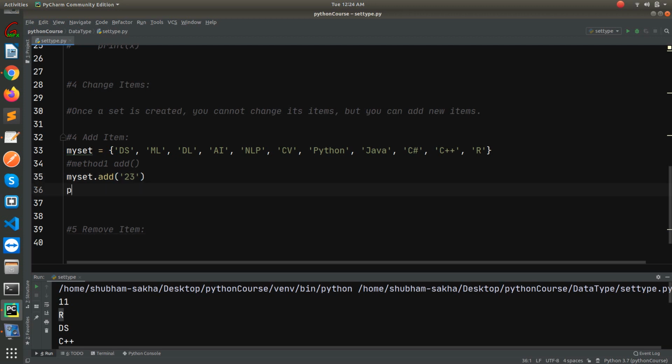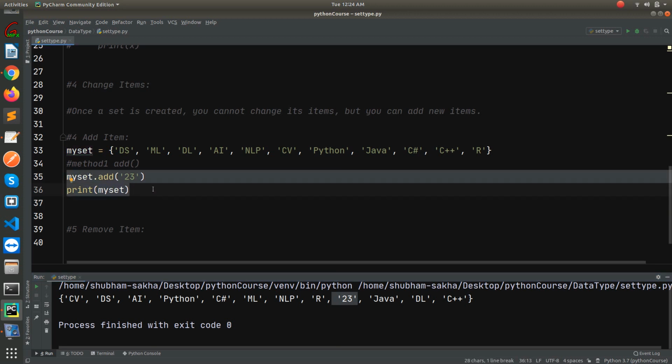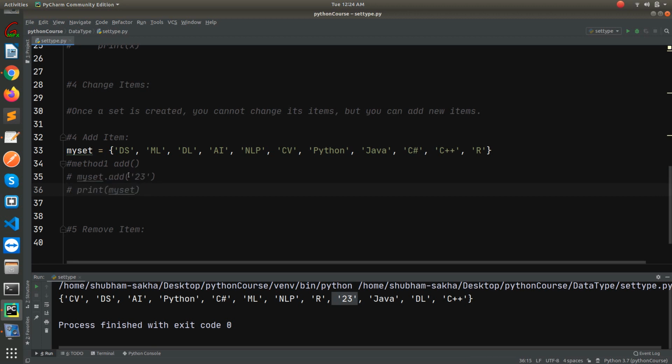Now if I print my set, you will see that 23 has been added there. As you can see, 23 has been added, but in what order it will be added, you cannot be sure, at which place this one is going to be added. So the first method is, if you want to add a single element, you have to use the add method. Or if you want to add multiple elements or multiple values, how can we add? That is the second method for adding in a set, that is using update.